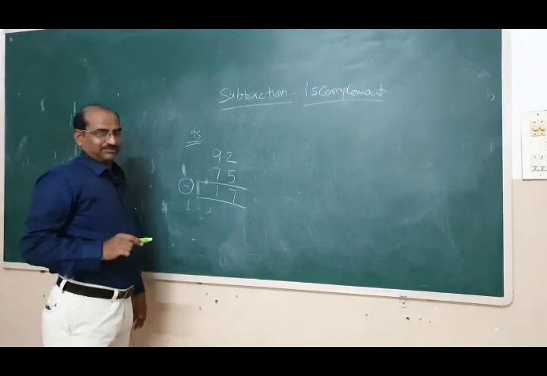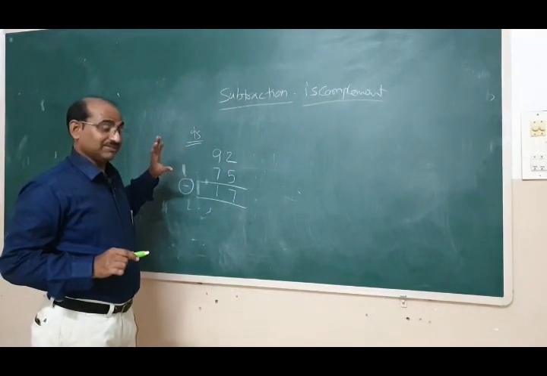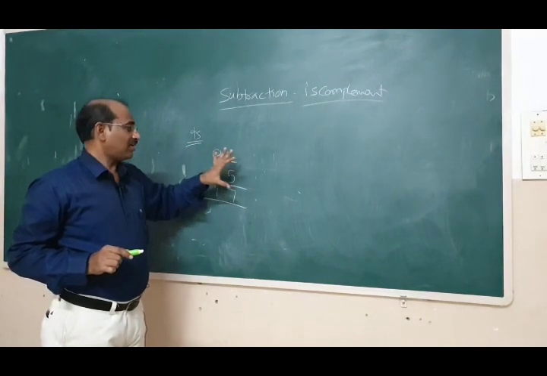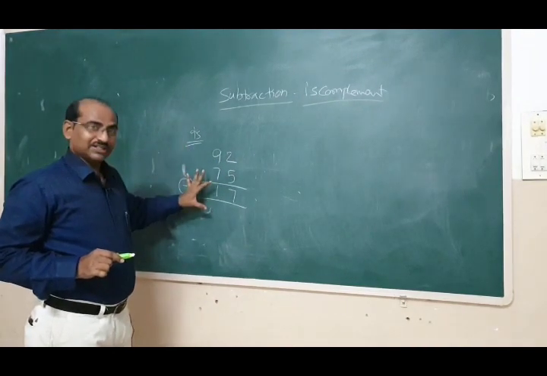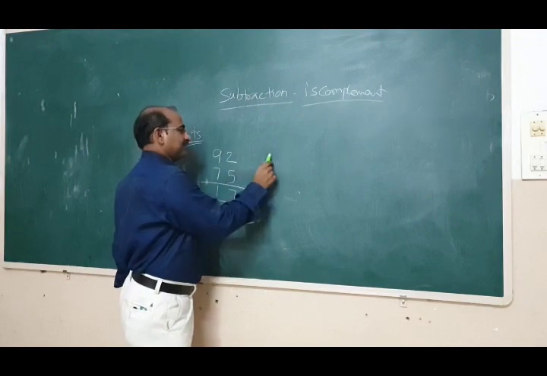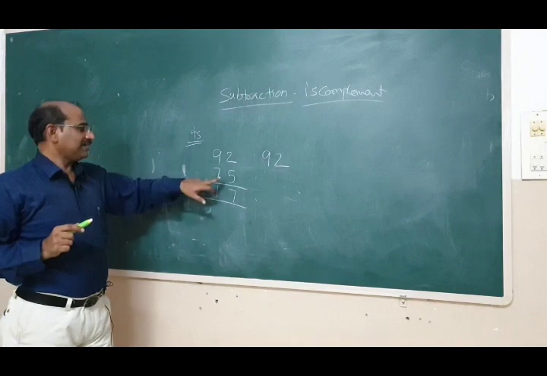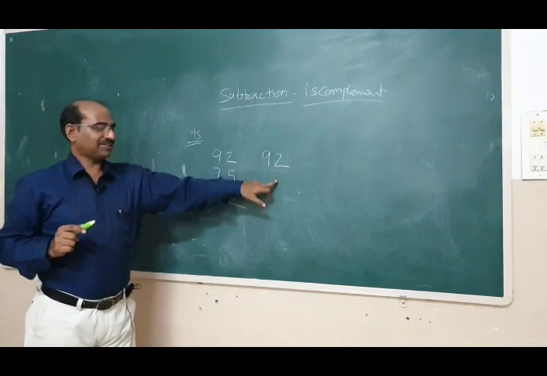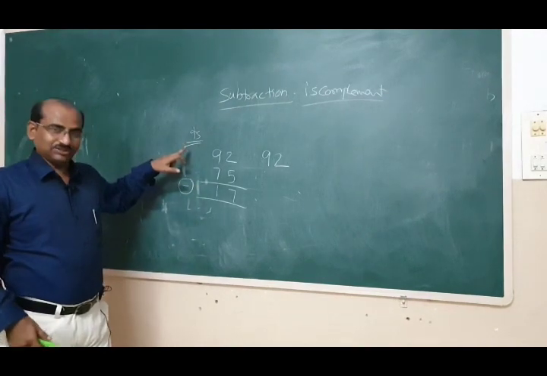This is by subtraction. But by addition, how do we do it? Using addition of these numbers to get subtraction is known as the complements method. So take this 92 as it is, and then write the complement of 75 here, the 9's complement, to be precise.